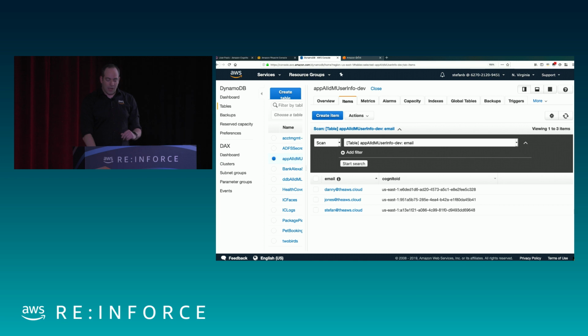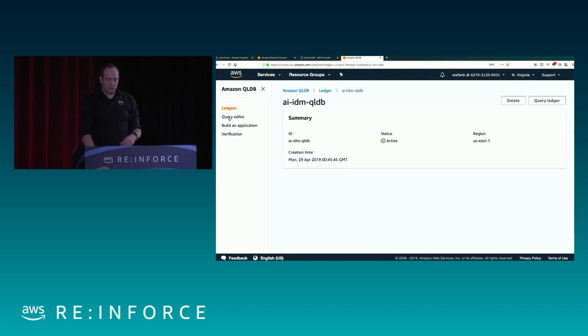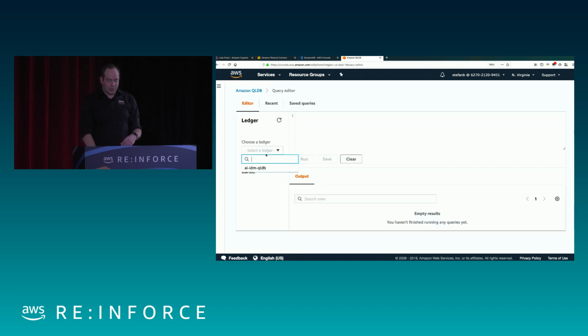Finally, I spoke about the Quantum Ledger database. So if we look at the Quantum Ledger database, this is where we're auditing traffic and our events for our account and where we potentially want to keep track of that. So as we head into Quantum Ledger database, let's delve into that. We can look at our ledger, and we'll have a table within our ledger called audit. If we go ahead and hit run here,